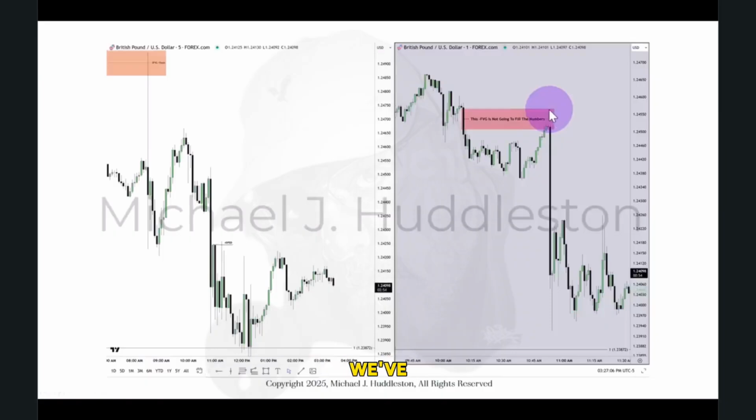Okay, so now we've covered stop loss placement. We understand how to properly handle inefficiencies when they're bullish or bearish. I told you when they form. Every single 15-minute time